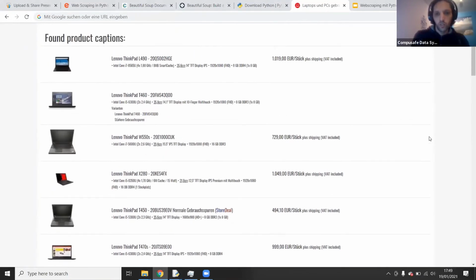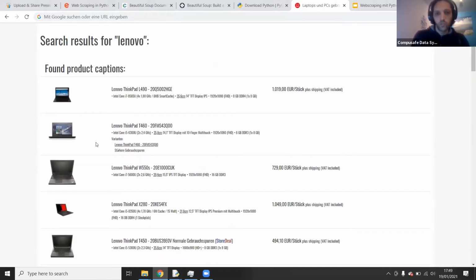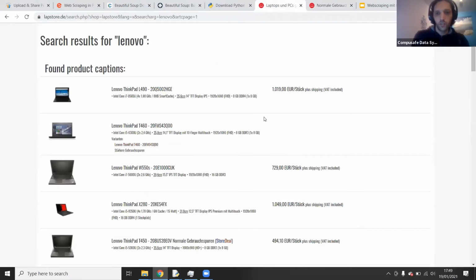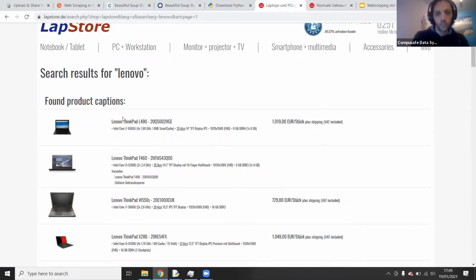Now, if we notice here, there's a small problem, which is that some of the products don't have a price. If we analyze a bit, we see that it's because some of the products have multiple varieties. So we have to go into the page of each variety to be able to see the price. So one solution would be to not get the price from the search page, but rather to simply get the name of the product and the URL, and then we go to the other page of the product to